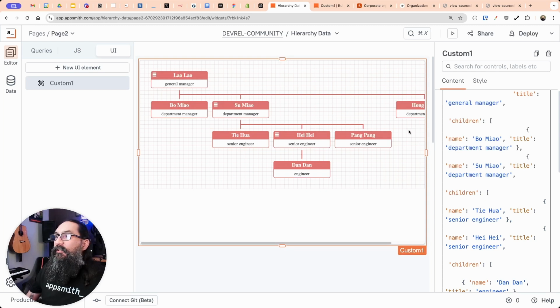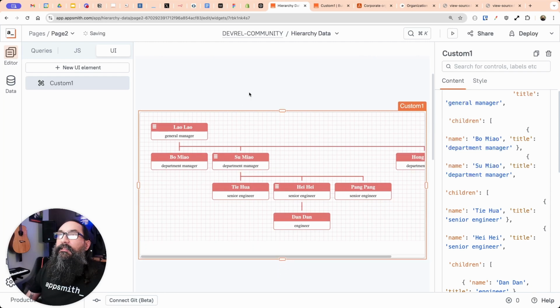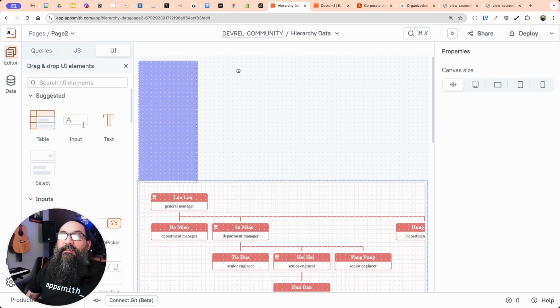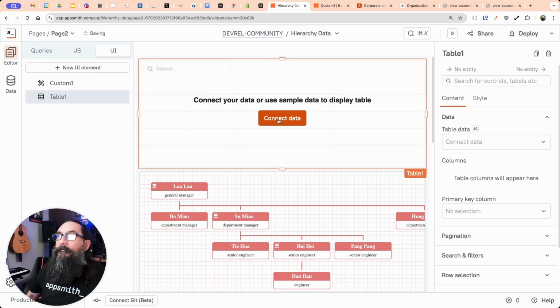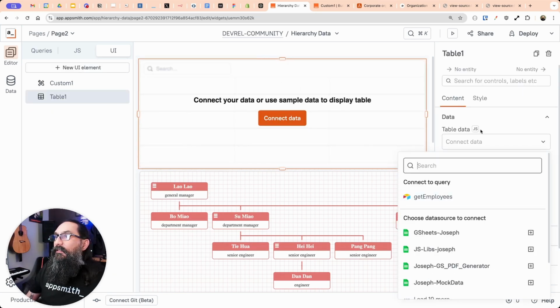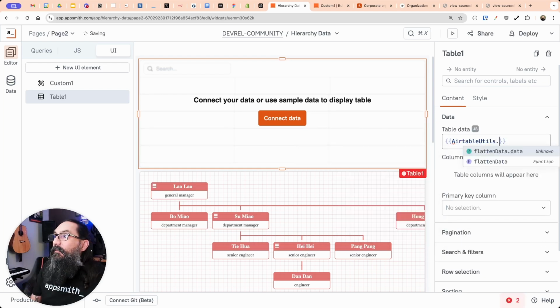So this is our hard-coded one still. It's not doing anything yet. And up here, I just want to see our data in a table now that it's flattened. So we will connect this to the JavaScript here. I got my Airtable utils, flatten data,